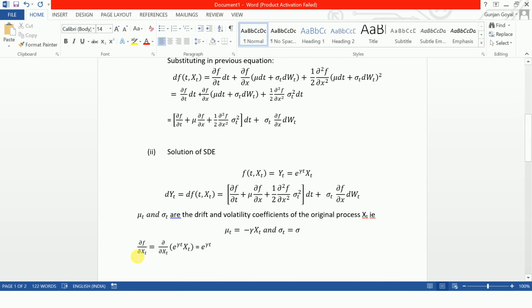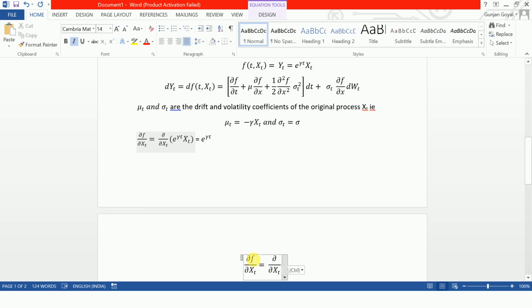Now we need del square f by del xt square. I'll copy this as we had done previously also. Copy this part, paste, to the power 2, space, changing here also, to the power 2, space, and it gets converted. Similar thing you do here. Then you need the power of e to the power gamma t, so you can just copy e to the power gamma t and paste it here. If you are taking this, then there won't be any square here. So okay, just control Z.